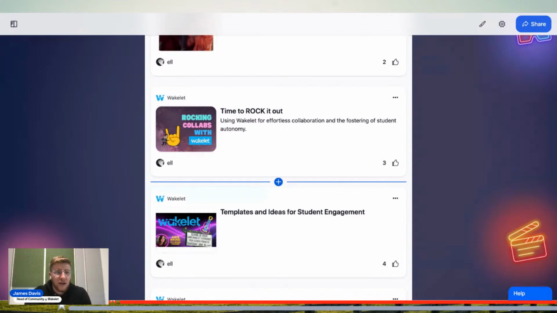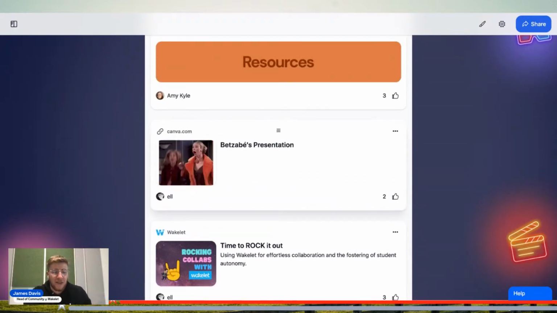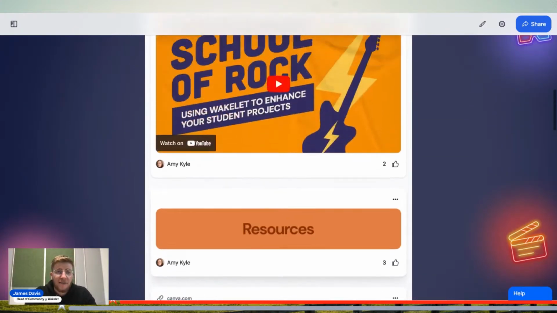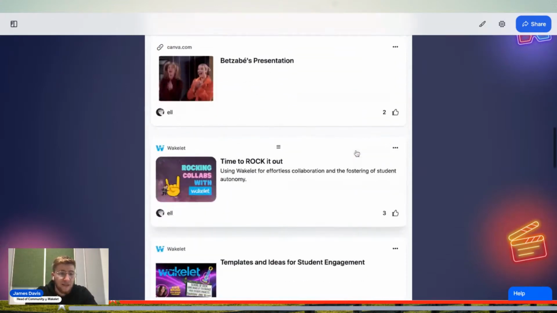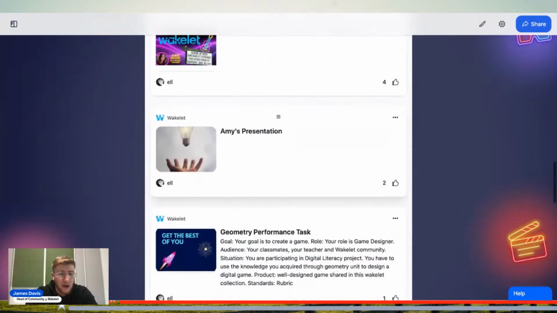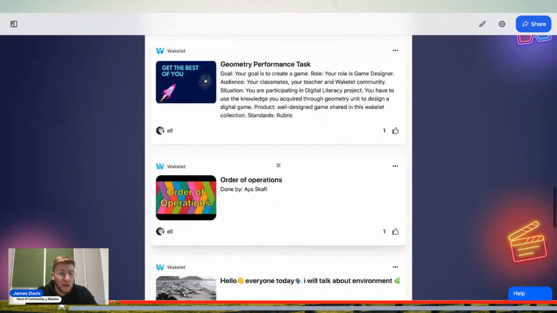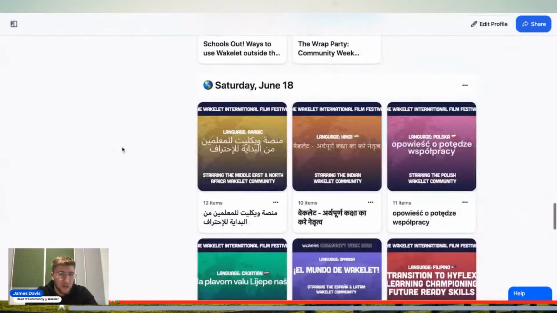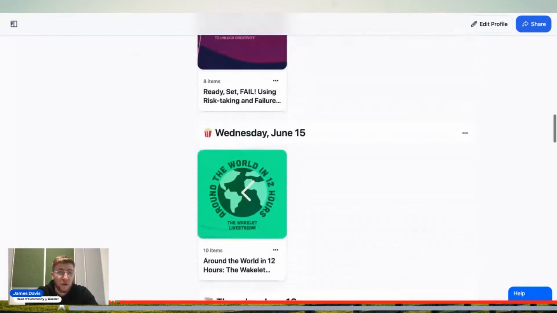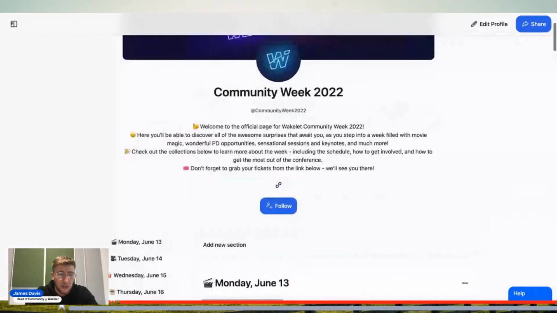But again, just as Randall's saying that, for a blueprint, imagine this is your STEM fair or your science fair or a student project that you're doing. Everyone's doing the projects. Have them present maybe with Flip or a YouTube video, and then even add their presentations and their workings out and their projects as a whole inside this collection, so that they can take it with them as well and present on it too. So this was a really neat way for us to just capture everything in one place for Community Week.